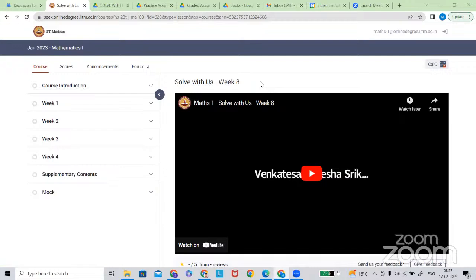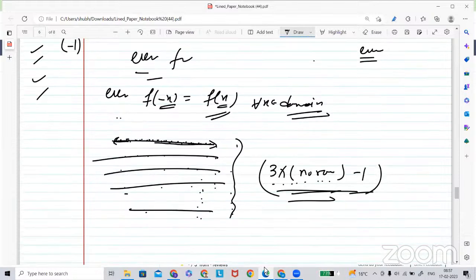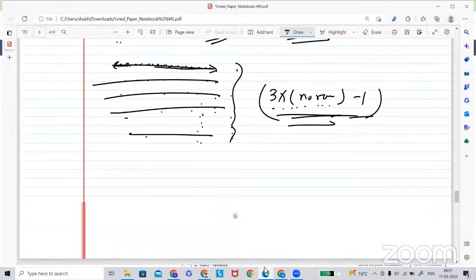Yes, sir. Sir, I have a doubt in end behavior, which was taught in week 4. Can you just briefly explain in a quick way how we reason about the different cases, like if it is minus x cube, then